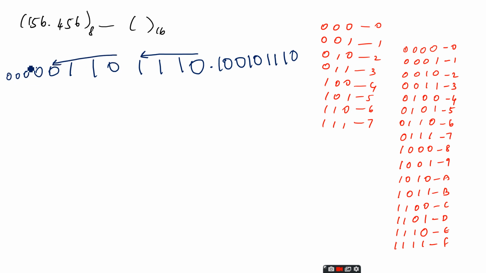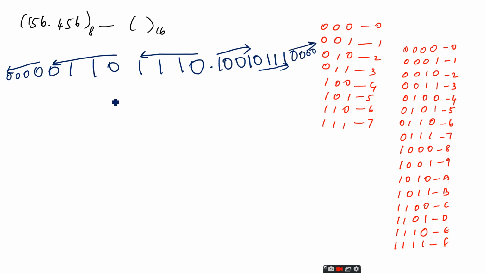We have to make it as 4 bits by adding 3 zeros in front. Now after the point, we have to group it from the beginning. This is the first group of 4. Now this is the second group. Now it is only 1 bit, so we have to add 3 more zeros, and this is the third group